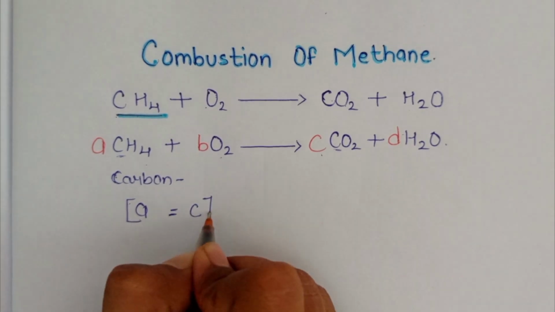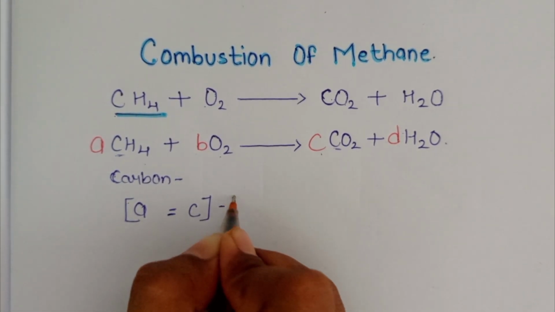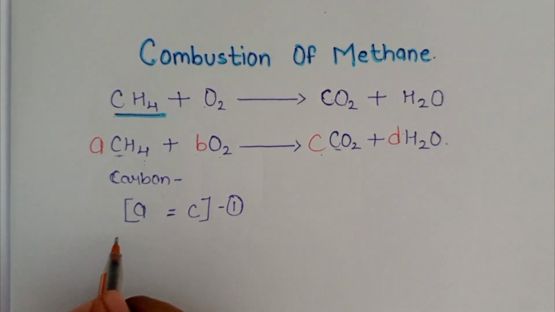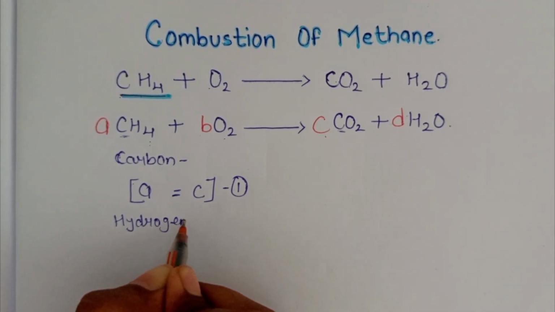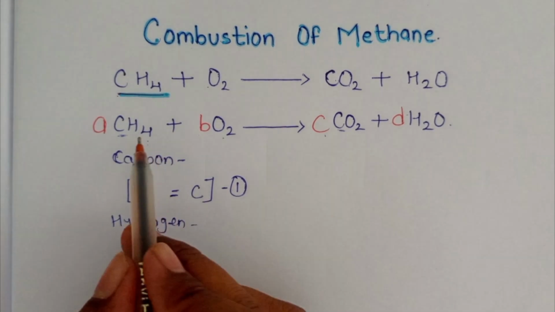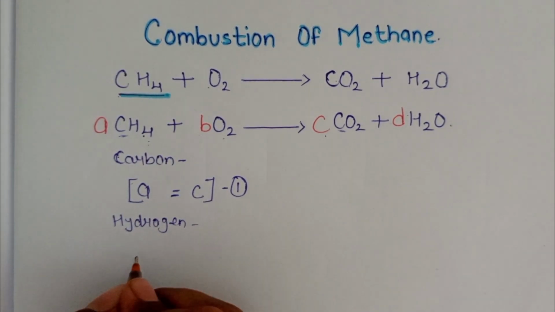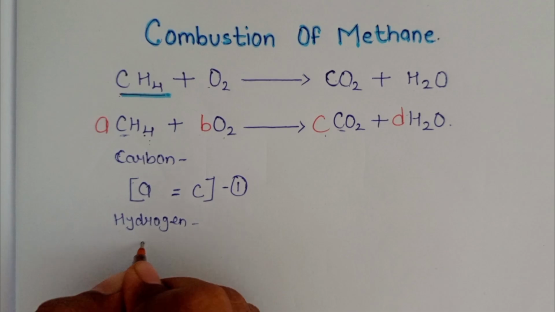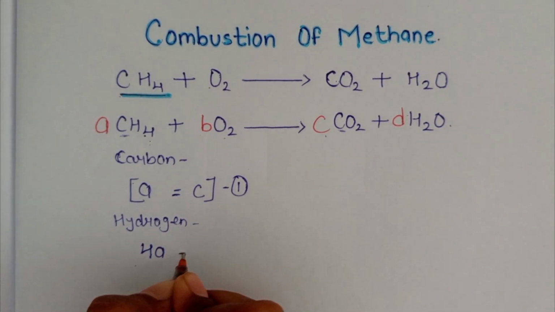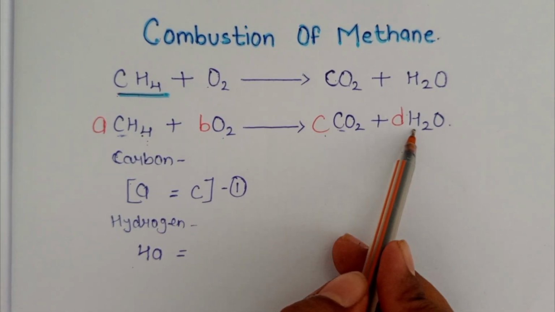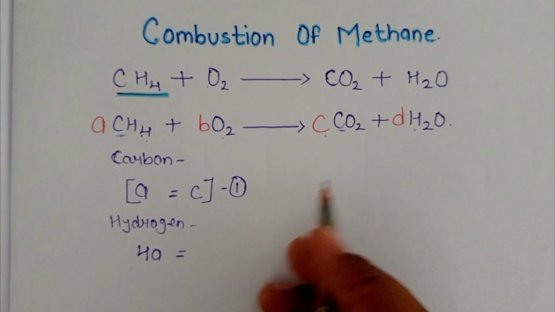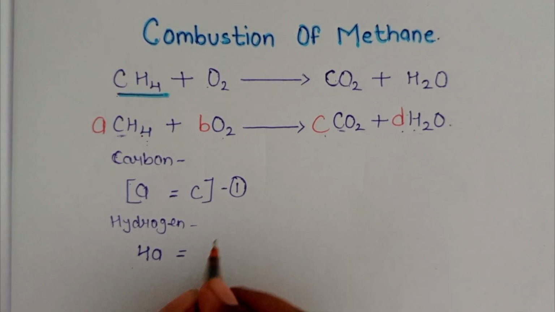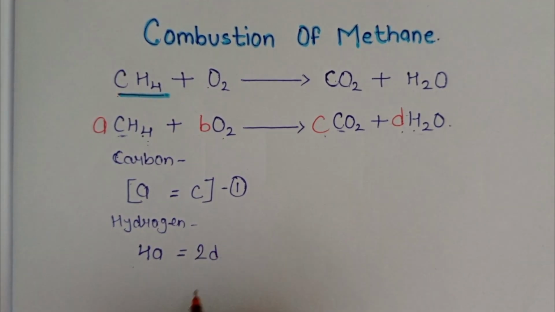A is equals to C. This is our first equation. For the hydrogen atom, we have 4 hydrogen atoms and the coefficient is A, means we get 4A, which is equals to, there are 2 hydrogen atoms on the right hand side and at the product side we have the coefficient D, it means we have 2D. On further solving this, we will get